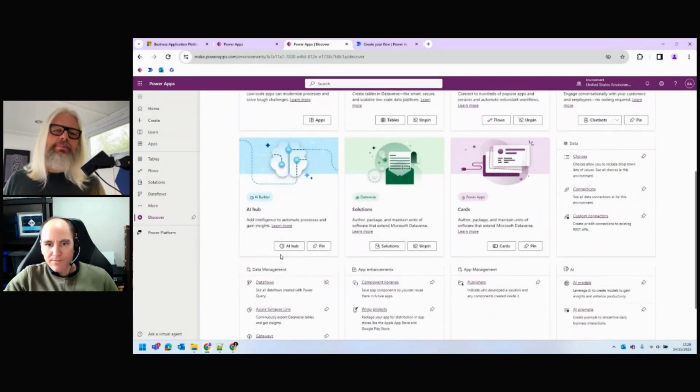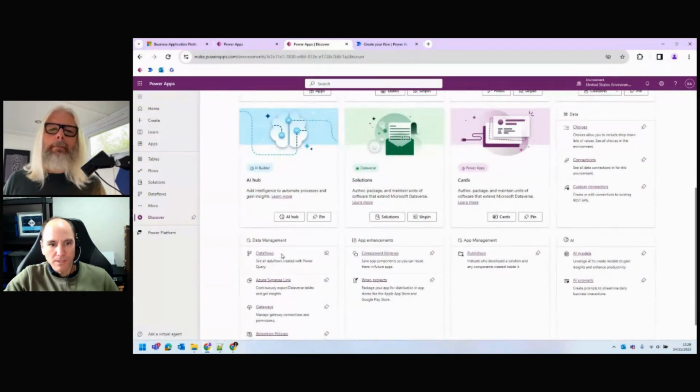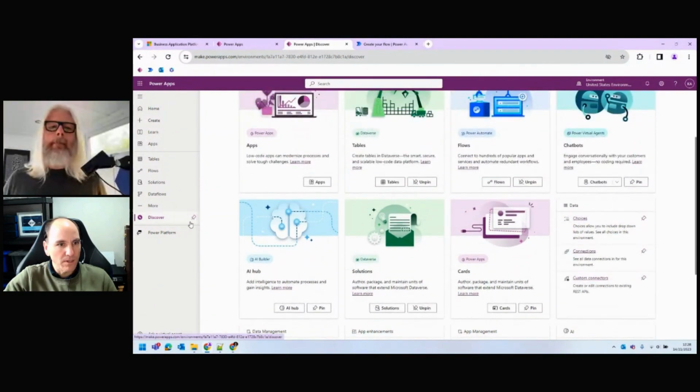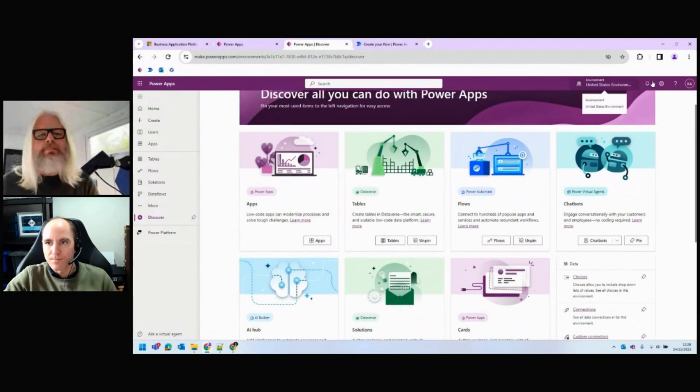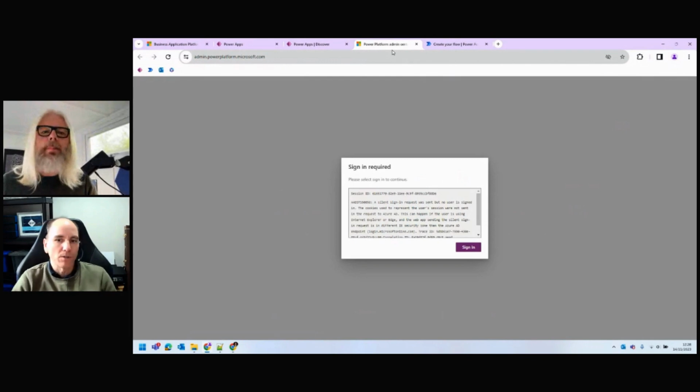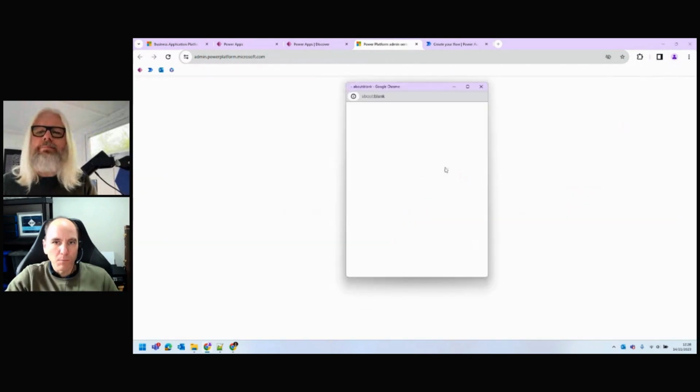Yeah, there is actually. Let me see if I can find where the option is just here. So there's retention just there. It used to be on the sidebar actually. You know, I think I need to go to the admin center. I beg your pardon. It's a great question, because DLP is a really important subject.